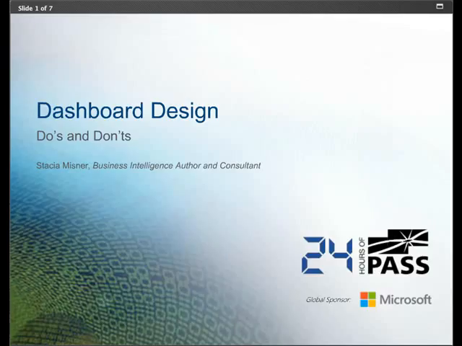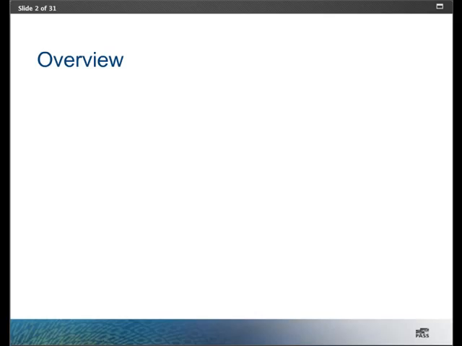Well, welcome everyone to today's session, Dashboard Design Do's and Don'ts. I'm glad you're here with me today to learn a few things about dashboards. So we're going to start with an introduction to dashboards. What is it with dashboards? Dashboards mean different things to different people. So I'll start by generally describing why we use the dashboard metaphor, and then I'm going to show you where people go wrong with dashboards by reviewing some common design don'ts. And we'll do this in the context of the ugliest dashboard I could bring myself to create.